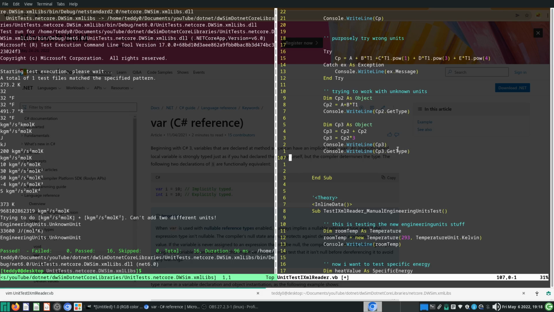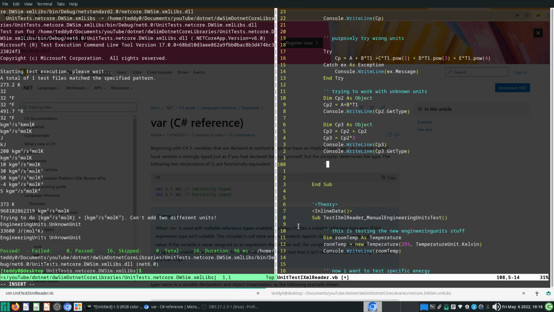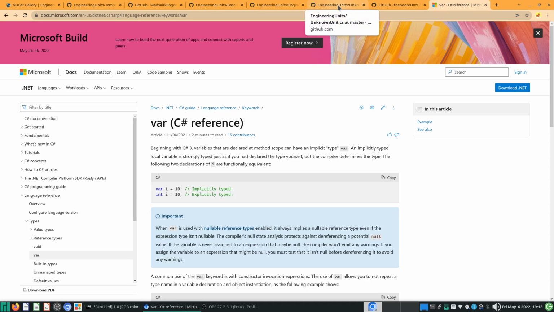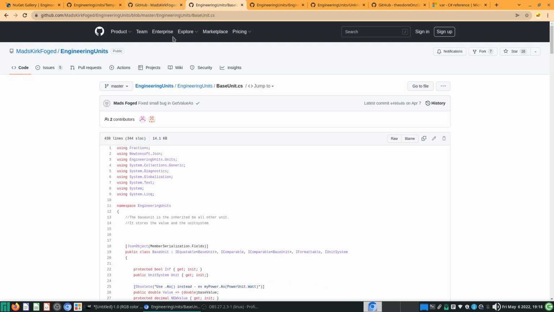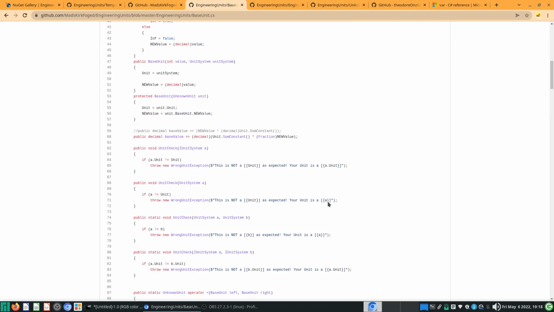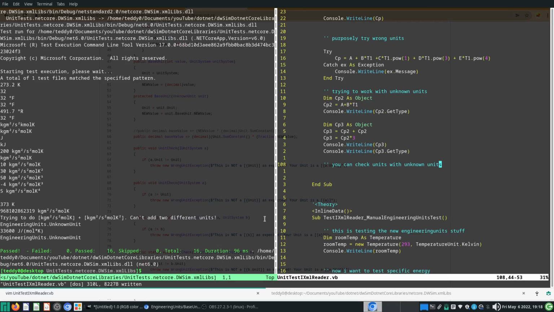Okay, you can actually check the units here. You can check units with unknown units. Yeah, you can check units here. So remember over here in the base units, you actually had a unit check thing. It's a static void unit check. So how you can use it is